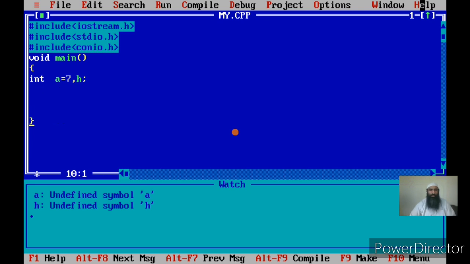Now let us see what happens once we write an expression like this: H is equal to A plus plus, then we say plus plus plus A, then we say plus, then we say A plus plus.